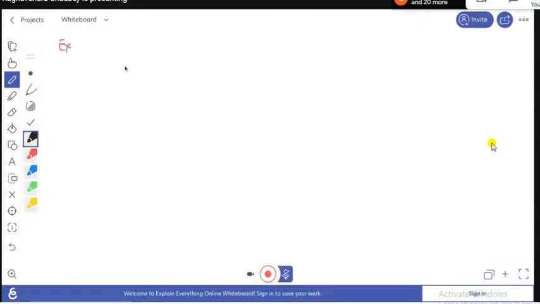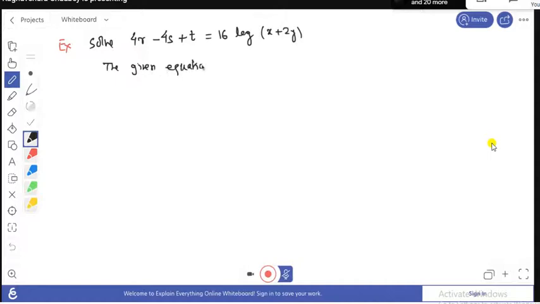Here, if you have to solve this, suppose 4r minus 4s plus t equals, suppose, 16 log of x plus 2y. So this is a function of the type ax plus by, something x plus something y. Okay, so here the given equation can be